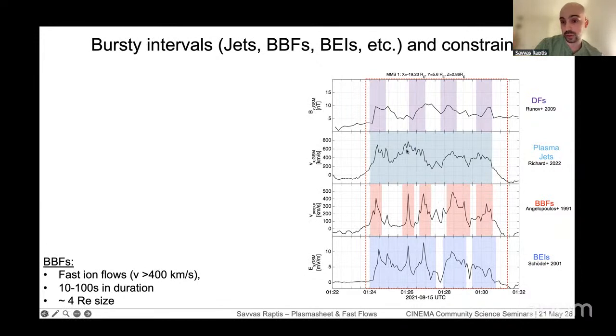Then there are definitions that only use the bulk flow Vx component, others that discuss the depolarization aspect of that flow, and others that look exclusively at the convection electric field. Regardless of the criteria you use, you end up with a relatively similar data set, but again, with a few differences. But we can safely say that the broader phenomenon we look at is a 5-minute or a bit less interval of clear elevation in EY, BZ, and velocity that can be found in the plasma sheet.